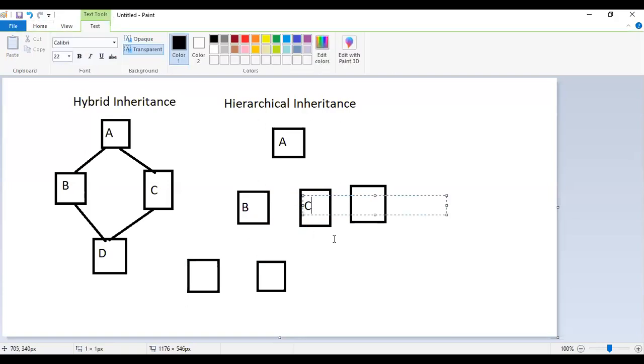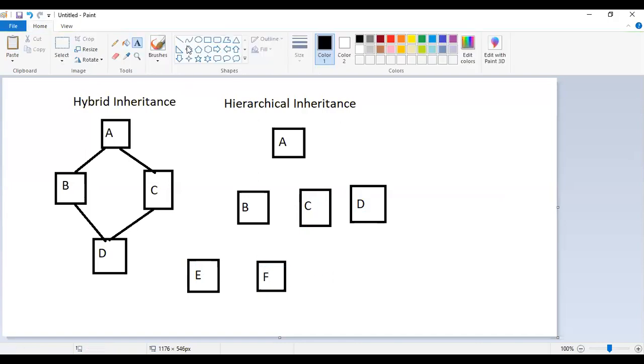Data is distributed in a tree-like fashion. The first one is the root element, and the second ones are the children of that root. So this is our root, A, and A is going to provide all the data members and facilities to B, C, and D. Next, B is the root for E and F. So this particular structure is nothing but hierarchical. In this case, data is available in a tree-like structure.